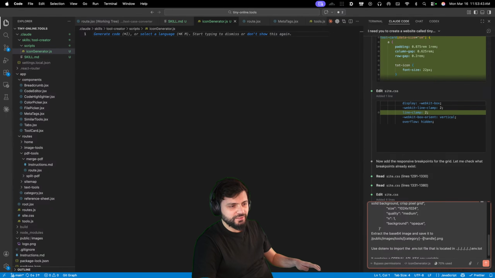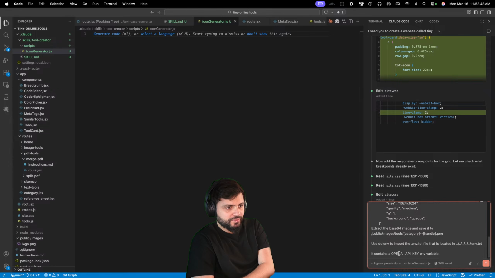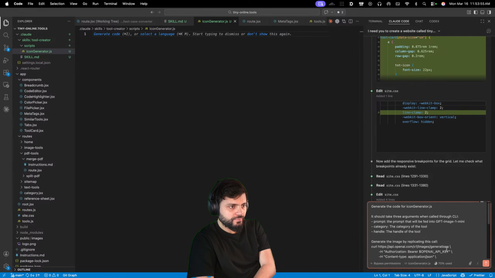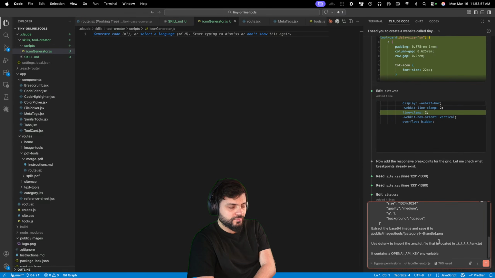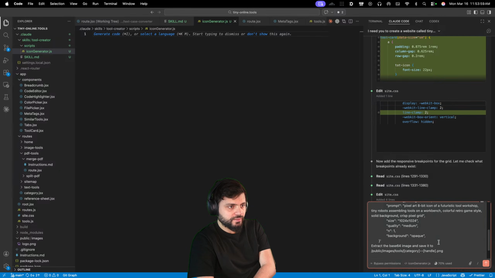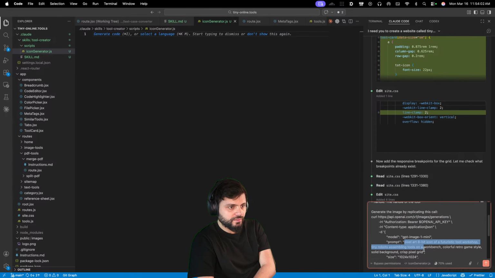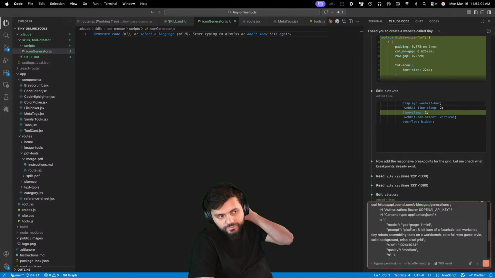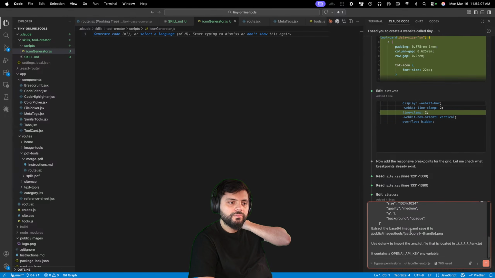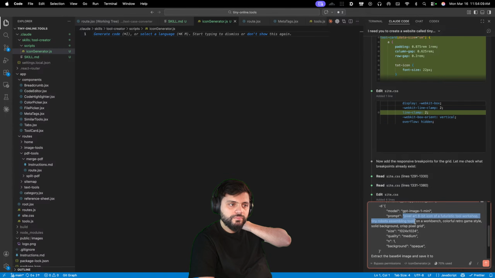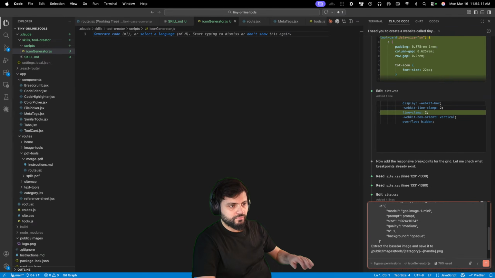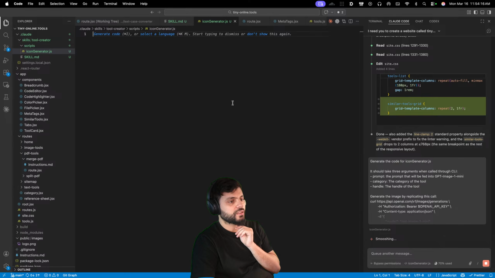Oh, I need to go take a nap. So yeah, let's save it like this. Use .env. It contains the OpenAI key. All right. So let's generate this code. And in the meantime,